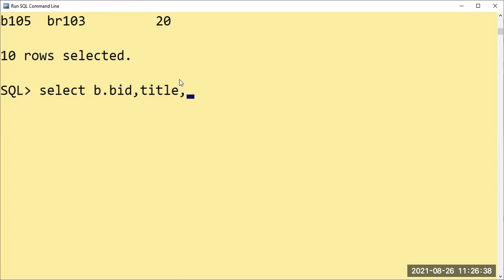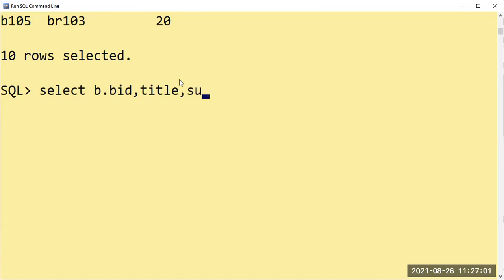After that, when we take the aggregate function, we always write it in the selection part only. Select sum, select max, select min, select count, select average. This we have learned here. So here only we are supposed to take the aggregate function. Why are we taking the aggregate function? We are finding the total number of copies here. So to find the total number of copies, we always use the aggregate function called sum.